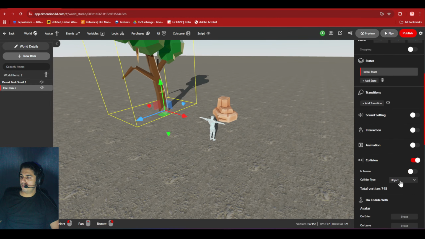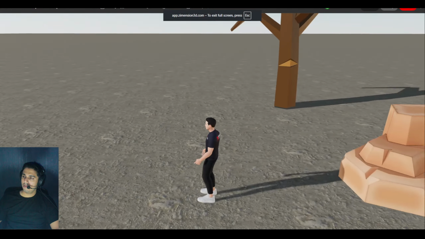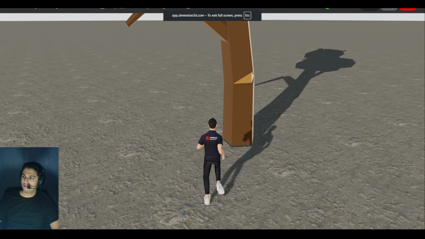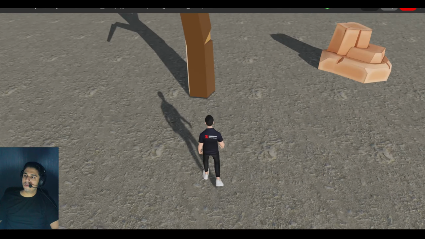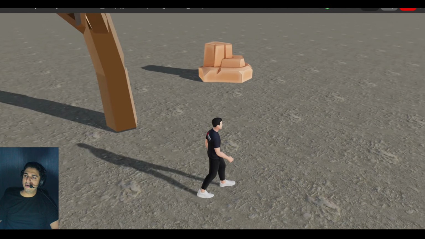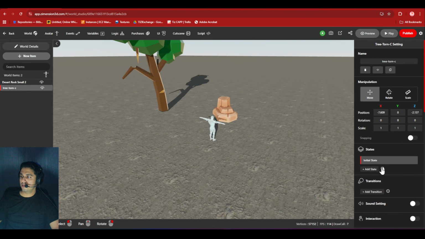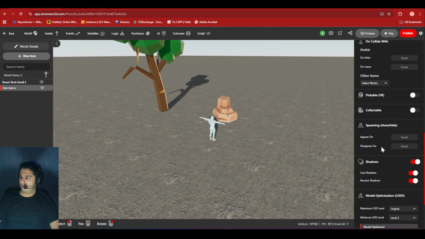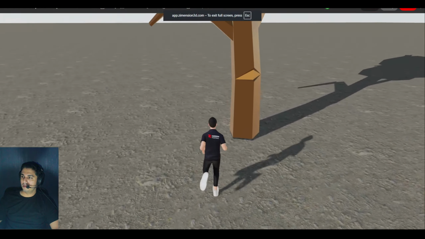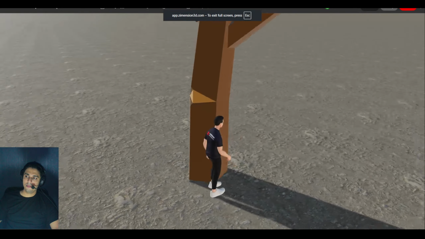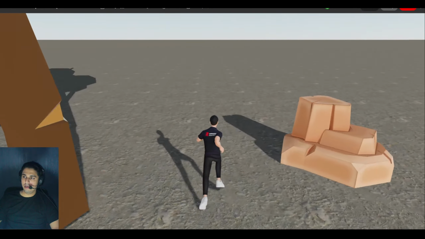So if I make this a box collision and then quickly preview, you see it will appear glitchy even though there is nothing wrong with it. It's just colliding with the box, but it will appear glitchy. But if I make the collision object again and click on preview, you can see now it is colliding properly. I can walk through it.